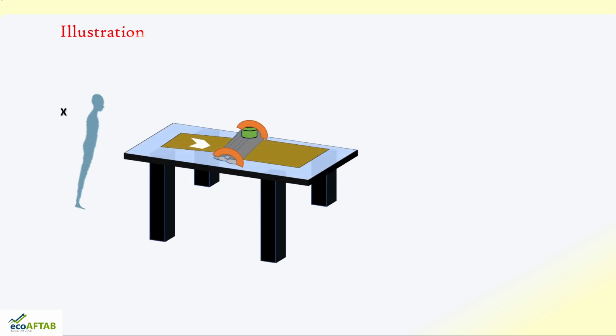Let us see an illustration where this Mr. X is one labor who is working on a machine, and let us say this machine is with regard to paper printing. So what he does is he just scrolls the paper so that the blank paper will turn into ruled line paper. You can see here what is happening. The paper is moving through the machine and we are getting a ruled paper. Blank paper is getting converted into ruled paper.